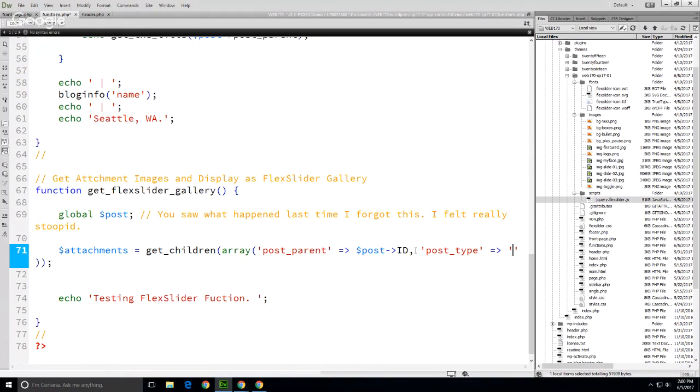So in this case, we are going to use the post type of attachment. Attachments come in various flavors, PDFs, video, etc. So you may not see